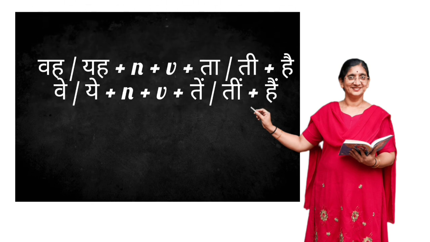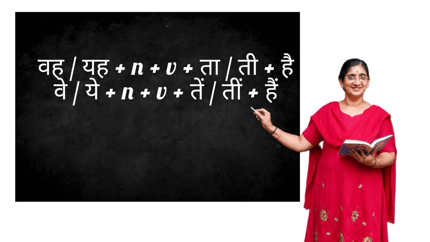Now a present tense sentence starting with the third person singular word वह, यह, that is he, she, it, will end with है, that is is, and it will have a noun and a verb in the middle of the sentence. And here comes the difference. In a simple present tense sentence, along with the root verb, you will use ता to represent पुल्लिंग and ती